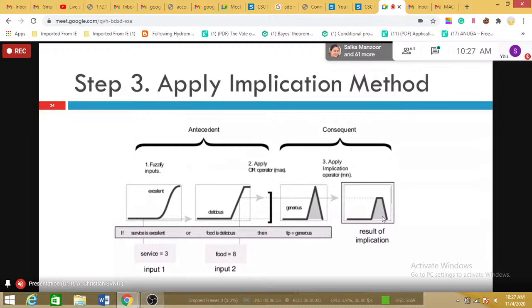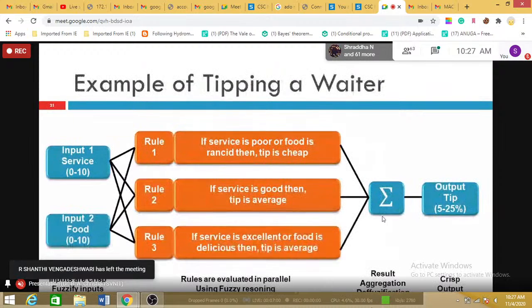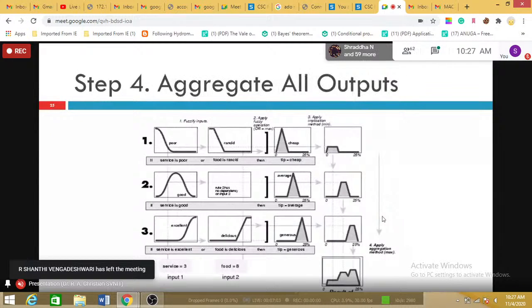The rule fired that service is 3, food is 8, input 1, input 2. This is going to be the result of the output. So you have an antecedent, you have a consequent, and that gives you the output of one rule fired. So similarly, we had 3 rules there. Initially, when we saw this, 3 rules were there. Out of these 3 rules, when you applied these conditions,